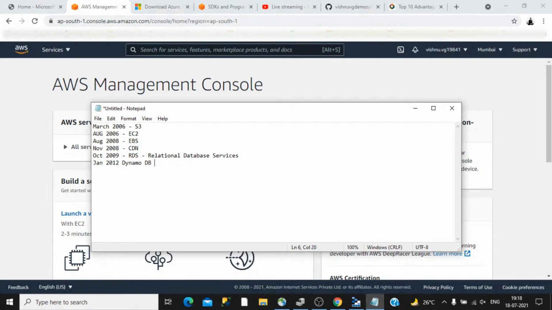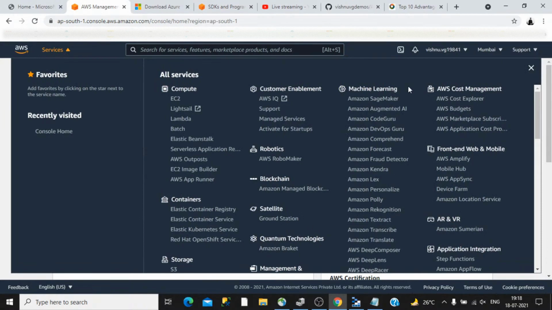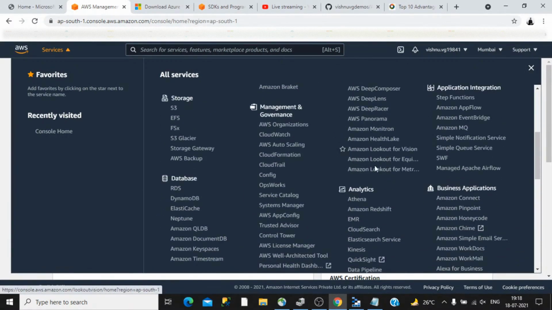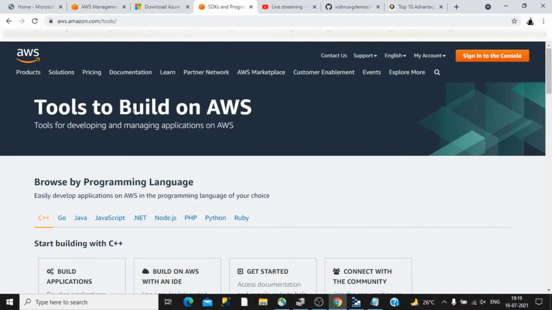If you look into these kinds of features which Amazon developed from 2006 to 2012, you can understand that they have consistently developed features up to the current. If you log into this Amazon portal and look into some of the services, you can see quite a lot of services out there. These came up later. So they have a consistent list of features that they have developed throughout these years, and that's one of the advantages of Amazon Web Services.